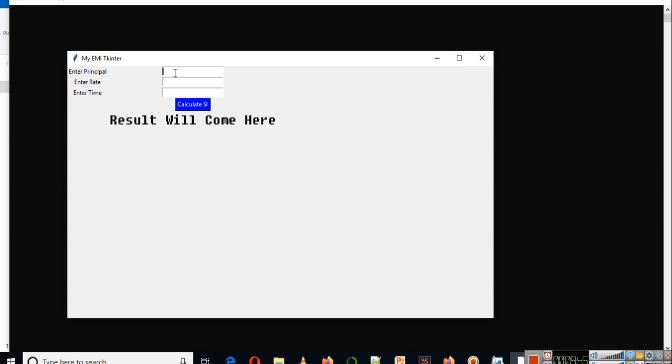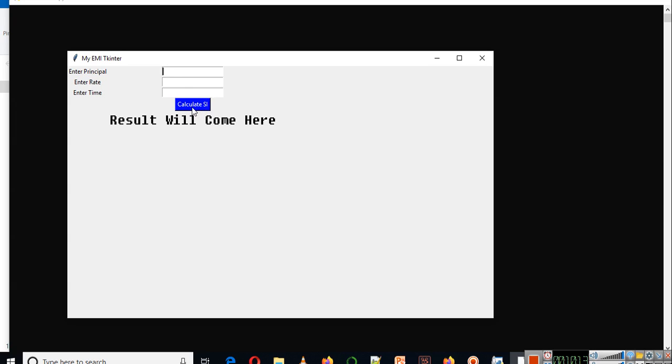Then there is this input box where we write something. We cannot write anywhere on the window, but we can write only in the input part. If you are familiar with HTML, there is a tag called input, and here this particular box is known as entry. And then there is this button.